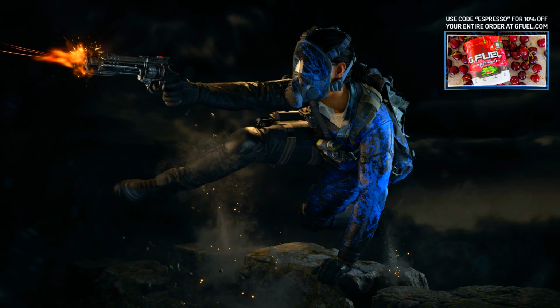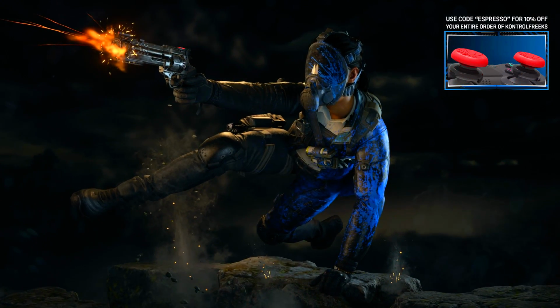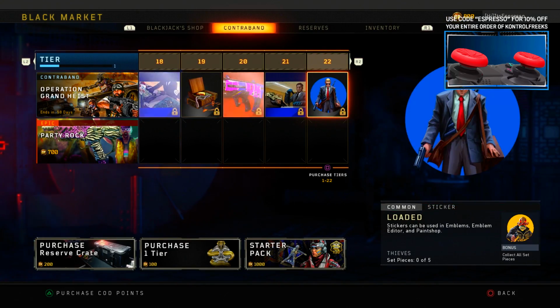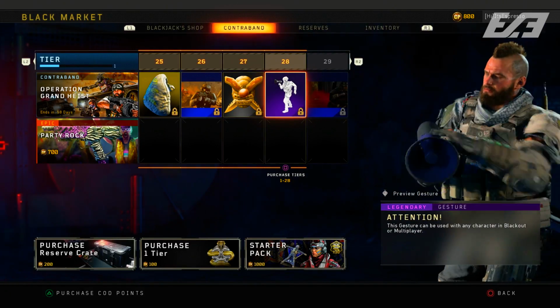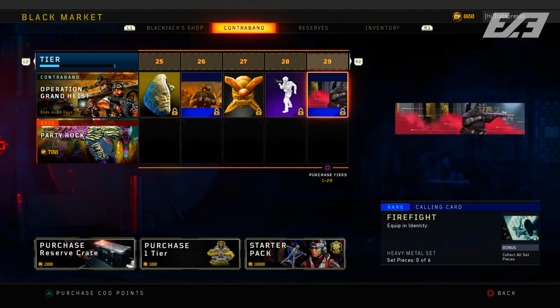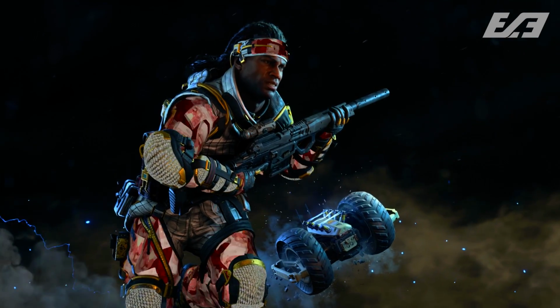For Operation Grand Heist, you have another 100 tiers filled with all kinds of different stuff. It'll last 58 days that you can grind this out, or rather 59 days total, but now 58 in a few hours and change just because some time has passed already. But with this, firstly, you have access to Outrider after you reach tier 1. Then you have a bunch of different things. You have the brand new weapons of the Cha-Ching melee weapon, the Rampage shotgun, as well as the Switchblade X9